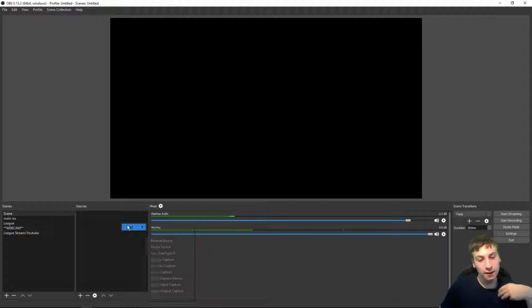For scene, let's get into the basic stuff. Image, you can just select a file from your desktop or wherever and put an image in there. Image slideshow, you just select a bunch of images and it'll cycle through them through the amount of time you set. Browser source,